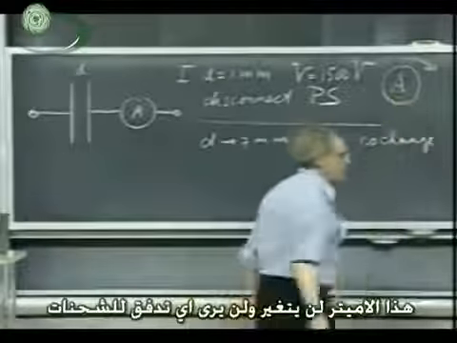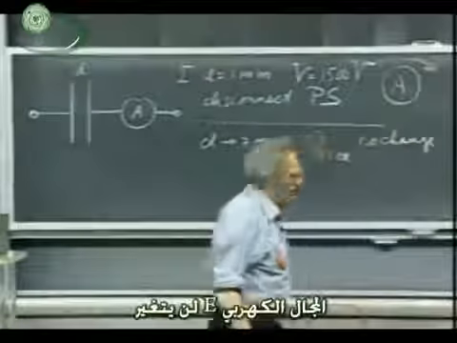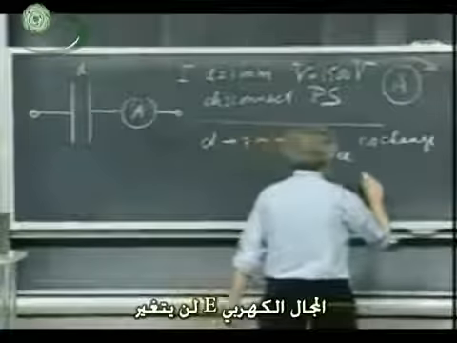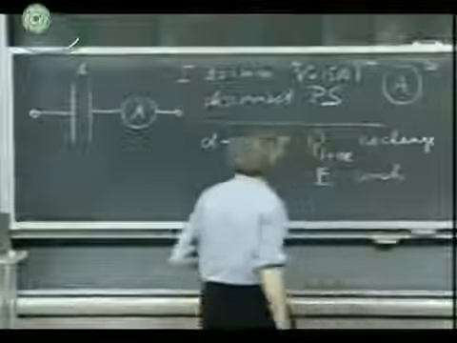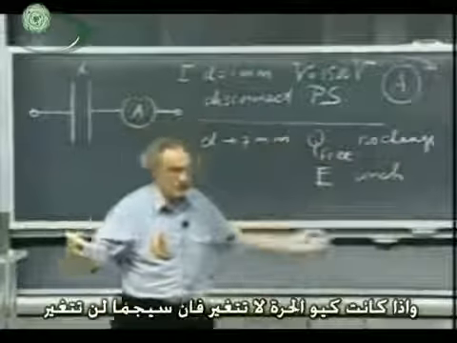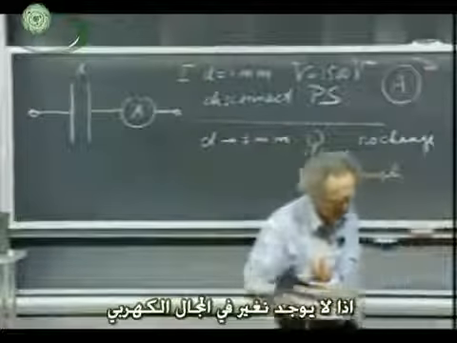So there can be no change when I open up the gap. That means the ammeter will do nothing. You will not see any charge flow. The electric field E is unchanged, because E is sigma divided by epsilon 0. If Q3 is not changing, sigma cannot change. So, no change in the electric field.